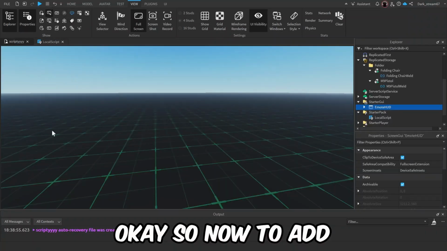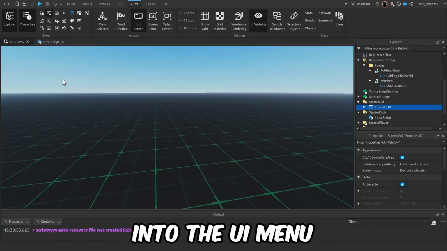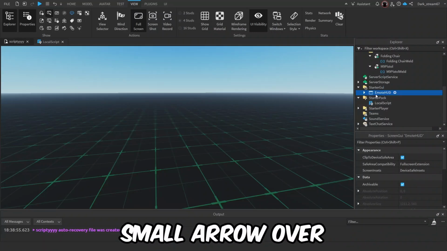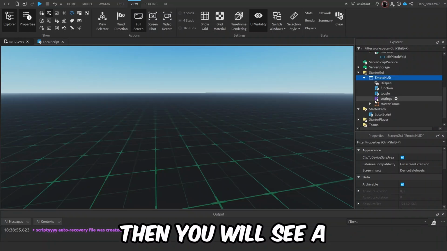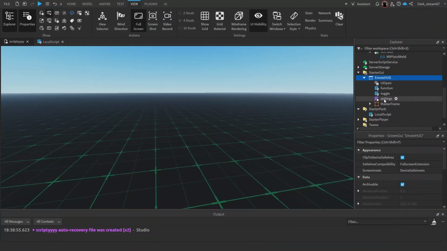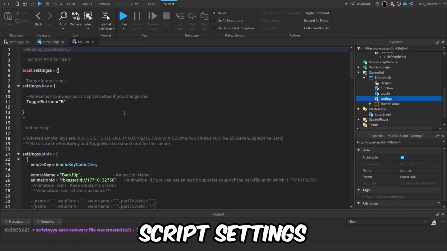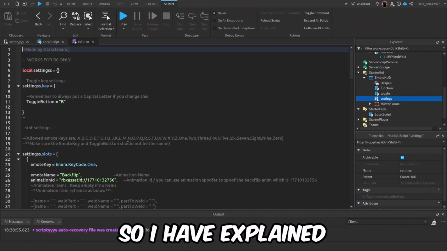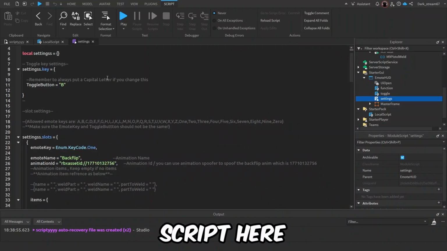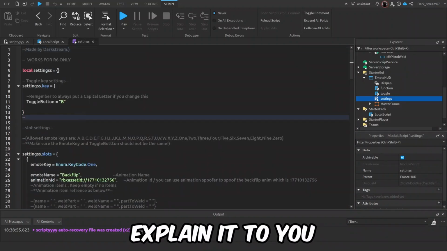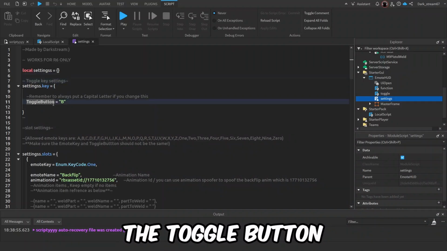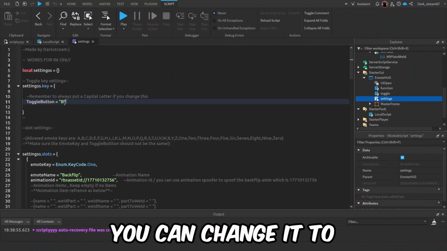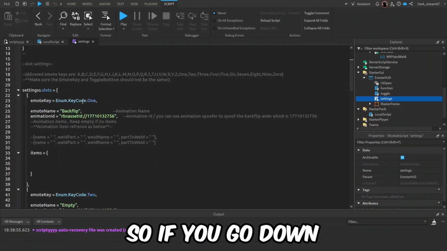To add your own animations into the UI menu bar, simply go to the StarterGui and click the small arrow over the Emote HUD, and then you will see a small purple colored script. Double click on that, and it will open the script as Settings. I have explained everything in the script here. Let me briefly explain it. Right over here is the toggle button. This letter is the key that will open and close the UI menu bar. You can change it to whatever you like. If you go down, you can see